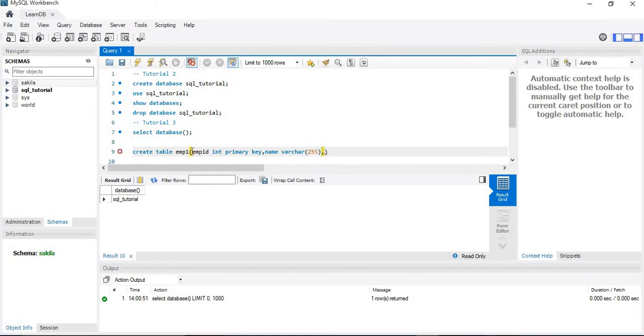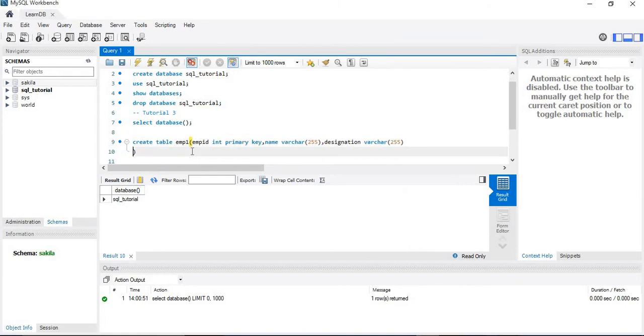And after that, we'll write designation, varchar, and the size of the varchar is 255. After that, we'll mention address, varchar, and the size is 255 only. And the last one is city, varchar, and the size of the varchar is 255.